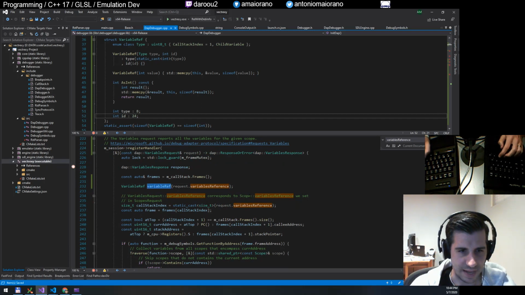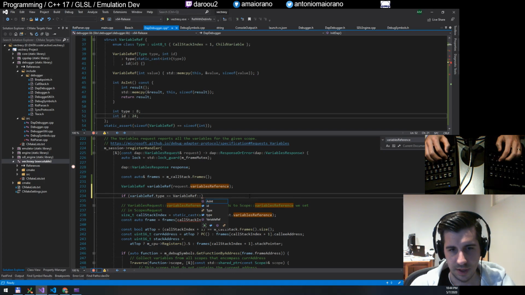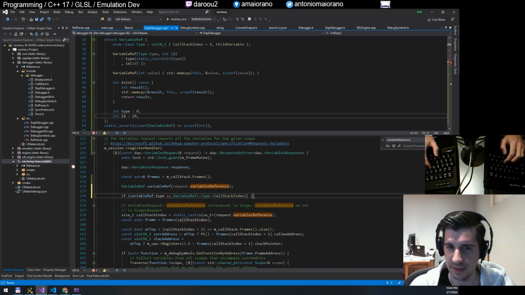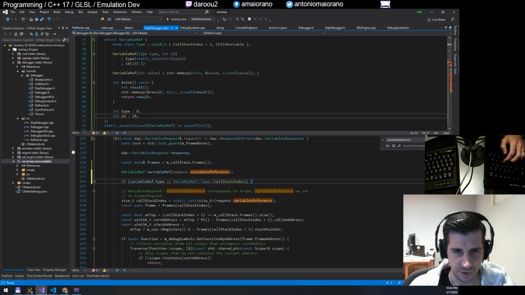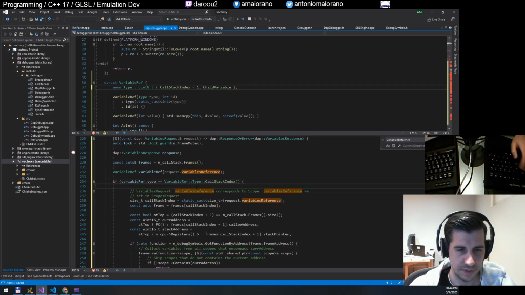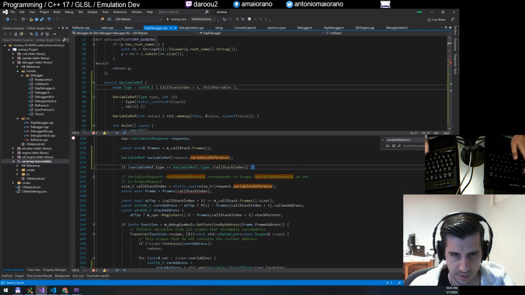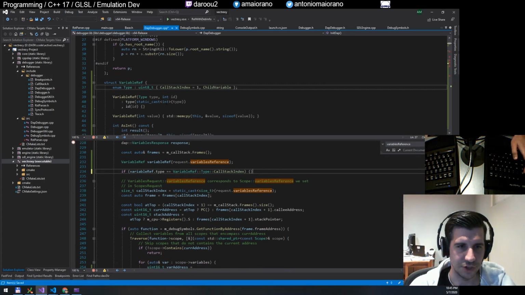So if we have our variable ref like that, then here we can say, if variable ref dot type is equal to variable ref type call stack index. So if it is a call stack index, then we want to do all this code here. Oh, right. And of course the type. So maybe I won't do enum class so that I can actually compare it. Will that be okay? Yeah. So by not making it an enum class, then I can actually use